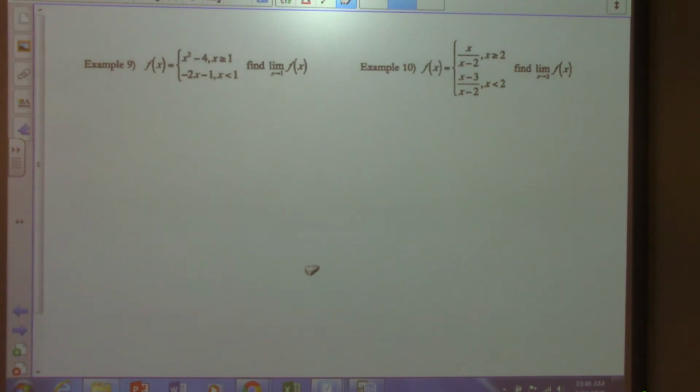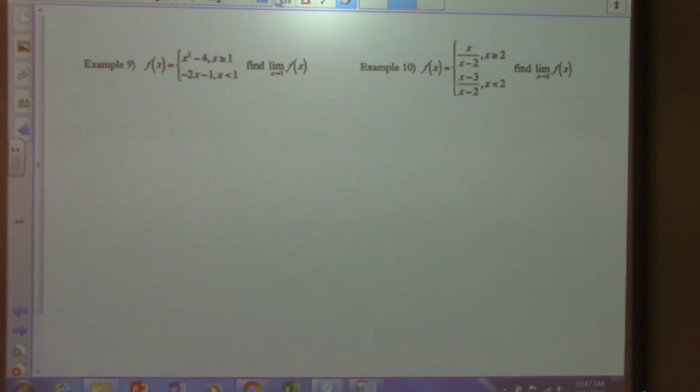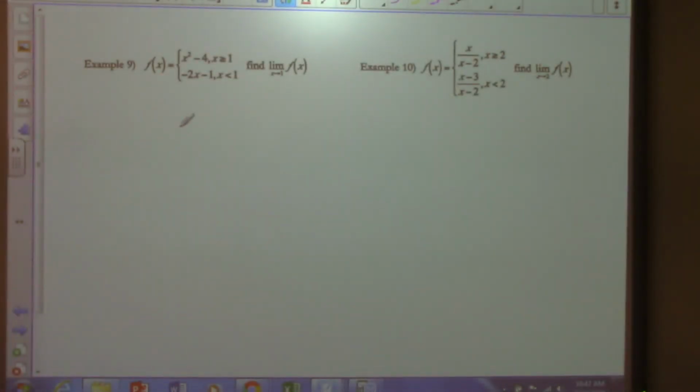Okay, now we have these things here, which are the piecewise functions, right? And so we're trying to find the limit as x approaches 1 of f of x. And you can see that 1 is the critical number because you look for that here. So what you have to do for this one, when you see a piecewise function like this, the way to do this